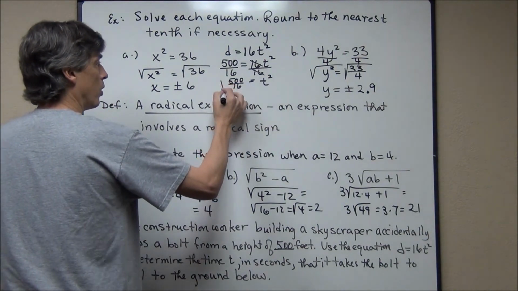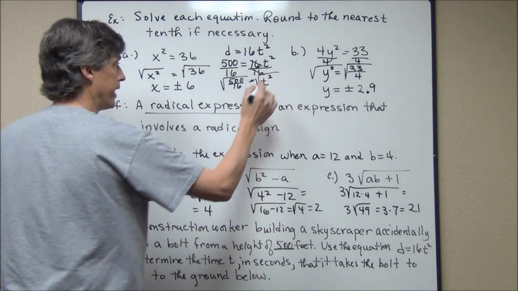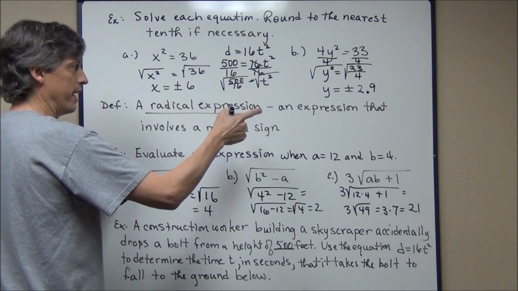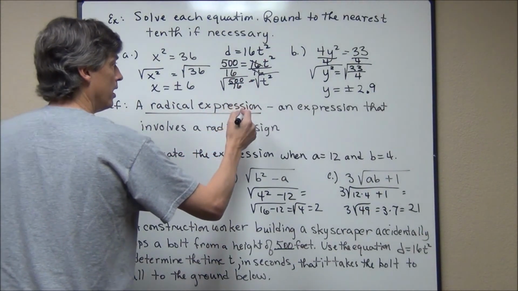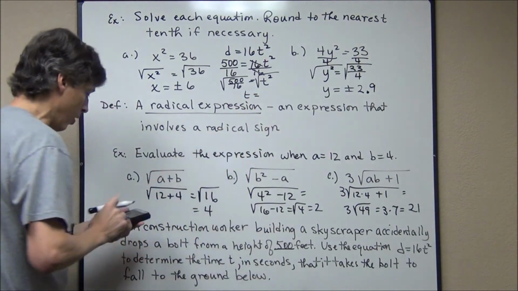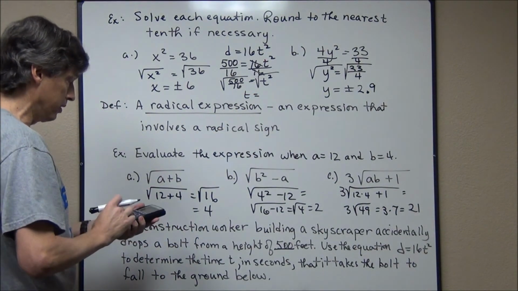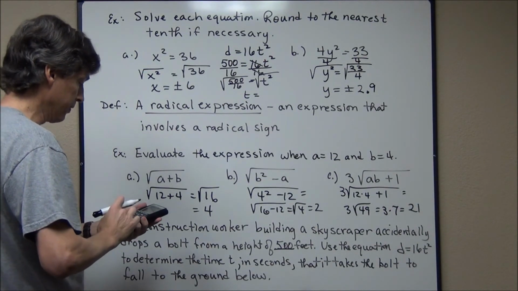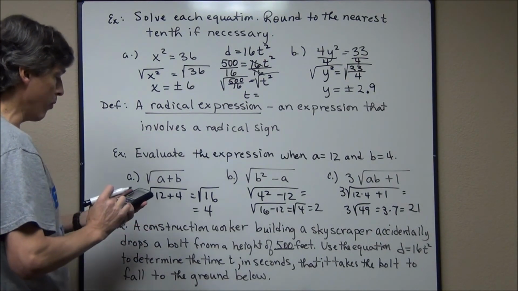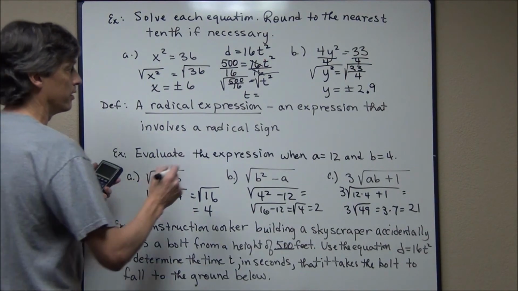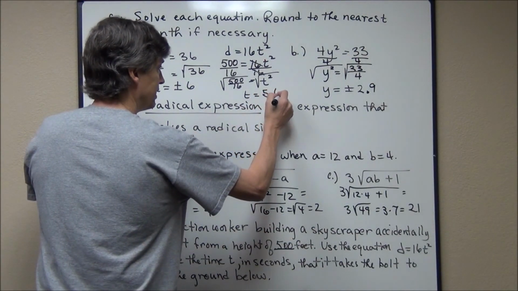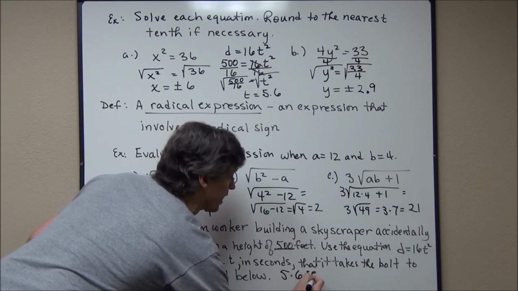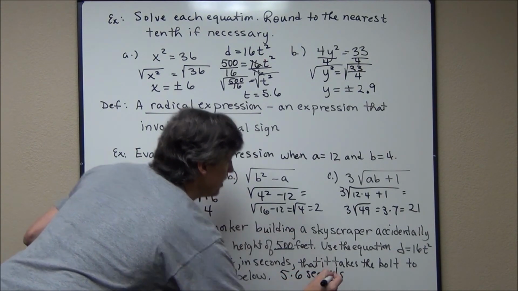I'm going to take the square root of both sides. Now, be careful. We're talking about time, not plus or minus. I'm not going to have negative time. I'm not in the twilight zone here. I'm going to get a positive value only, so I take the square root of 500 divided by 16. And I get 5.59, I'm going to round to the tenth. I'm going to go with 5.6, so it's going to take 5.6 seconds for that bolt to hit the ground,